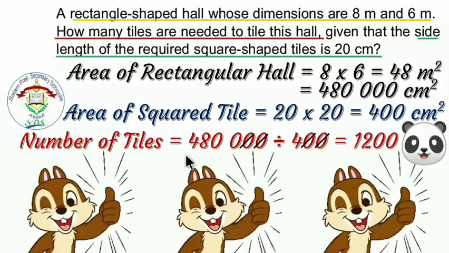In division, we begin with the first digit on the left side. 4 divided by 4 equals 1. 8 divided by 4 equals 2. 0 divided by 4 equals 0. 0 divided by 4 equals 0. So the number of tiles equals